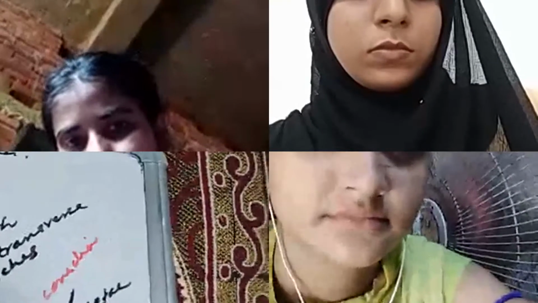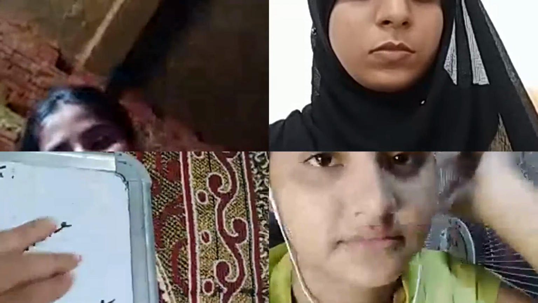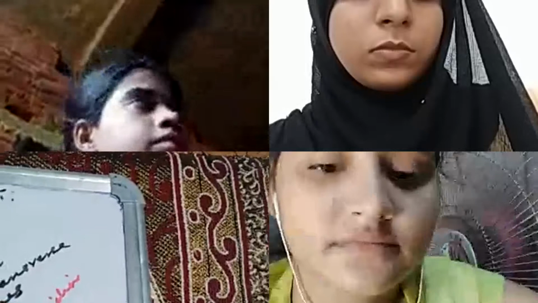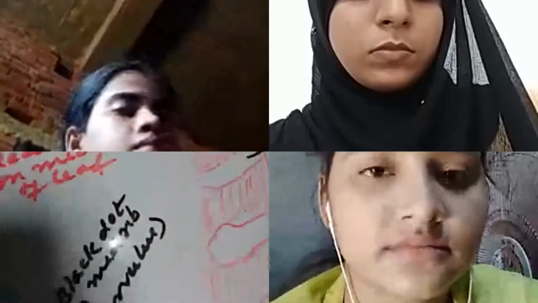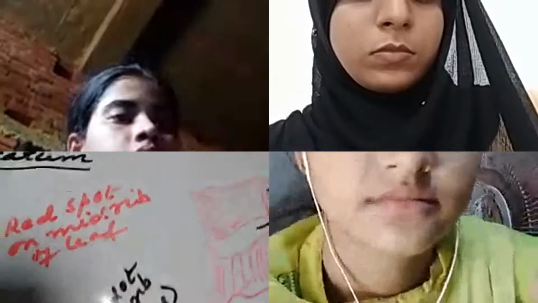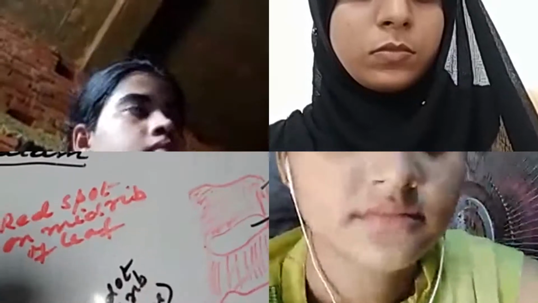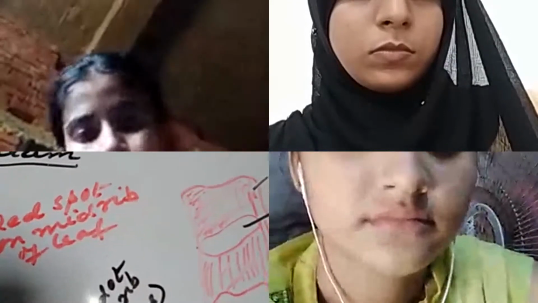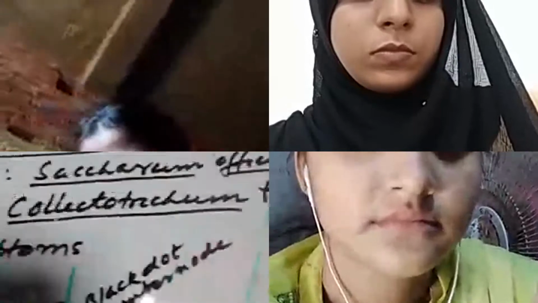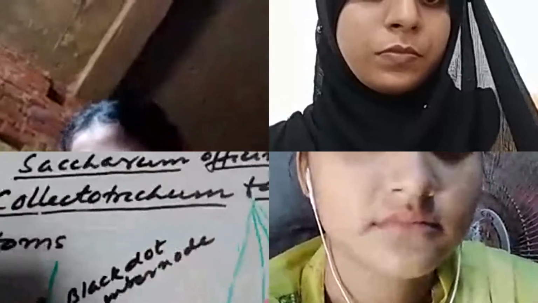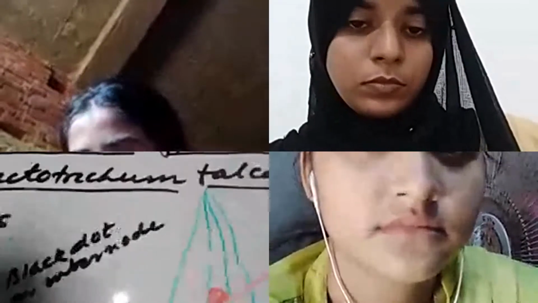These are the conidia, and the entire reproductive structure consisting of the seta, fungal hyphae, conidiophores and conidia constitutes the acervulus. The black dot like structure is nothing other than the acervulus of Colletotrichum falcatum, which appears on the midrib of the leaf in the later stage and on the internode of the infected stem of the sugarcane.